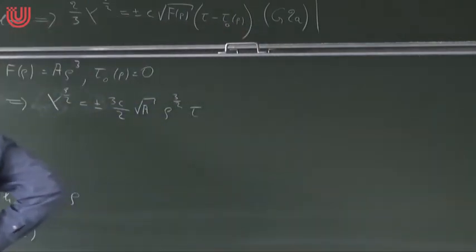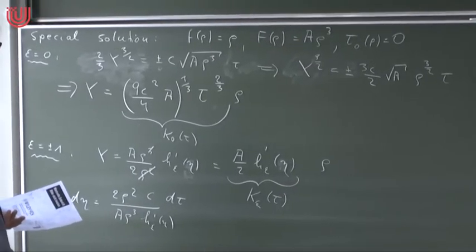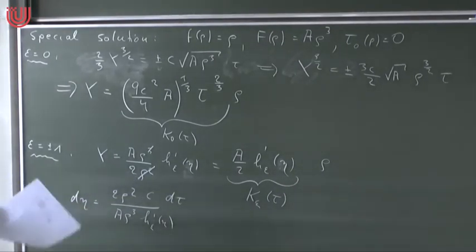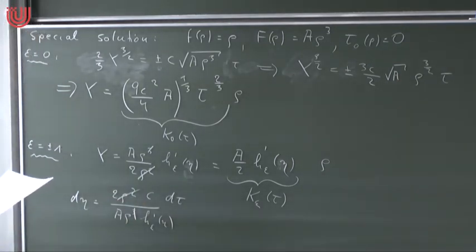But I think it's correct in this way. This is a transformation for constant rho, right? And I think it involves